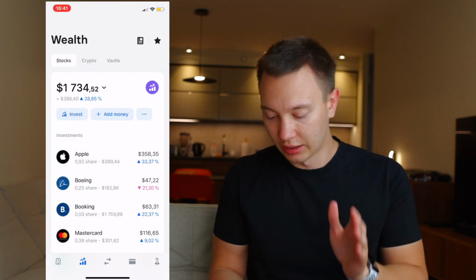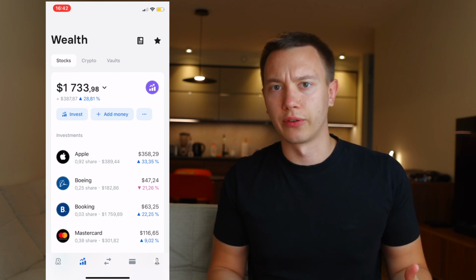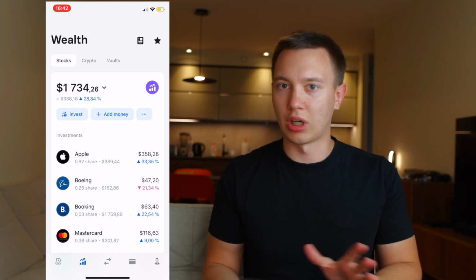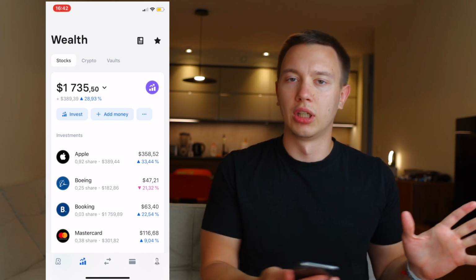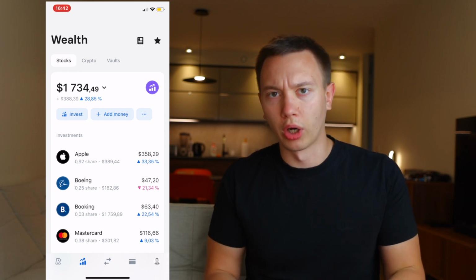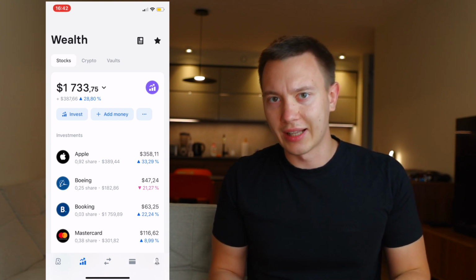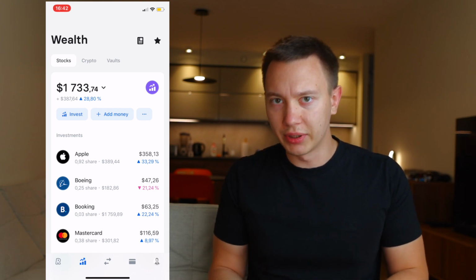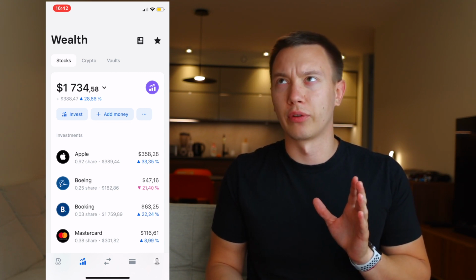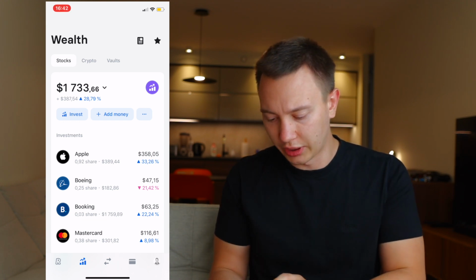But if you want to invest or just find what kind of stocks are available, I have to say that only US stocks are currently available. So you can't trade literally anything else, nor index funds or bonds or anything like that. It's only US stocks. So in that sense, Revolut is very limited. But I don't think it's a con, at least for me, but I'll get into that a bit later. Let's go through the app.